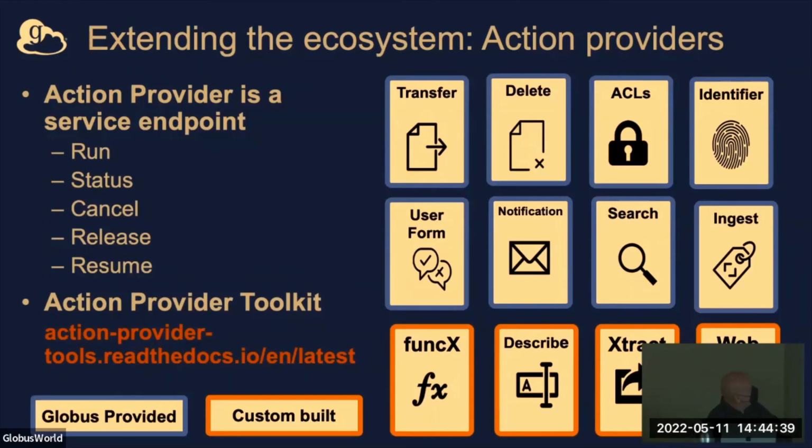But if you wanted to write one of these, there is actually an action provider toolkit. What you're essentially doing is implementing an API that has these endpoints on it that a flows action can call to run the action, check on its status, cancel it, etc. And that's all described. Yeah, the link to the docs is down there. So if you are feeling a little more ambitious, you could